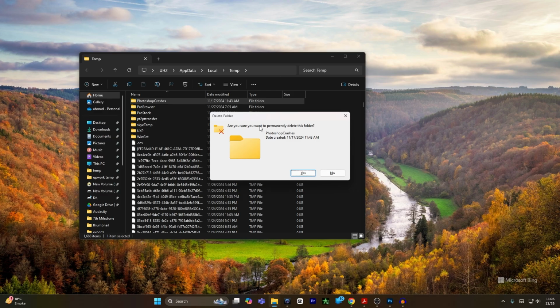Now, it asks, are you sure you want to permanently delete this folder? So you have to make sure that you are permanently deleting this folder. If you just simply press the delete key, then your problem won't be solved. So make sure to press and hold the Shift key and then press the delete key